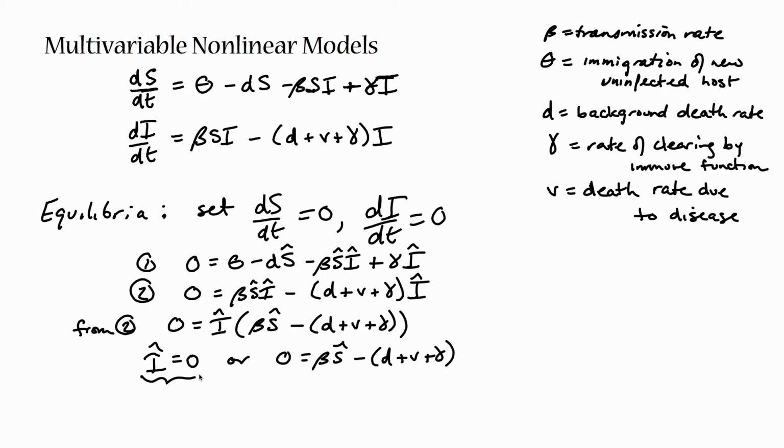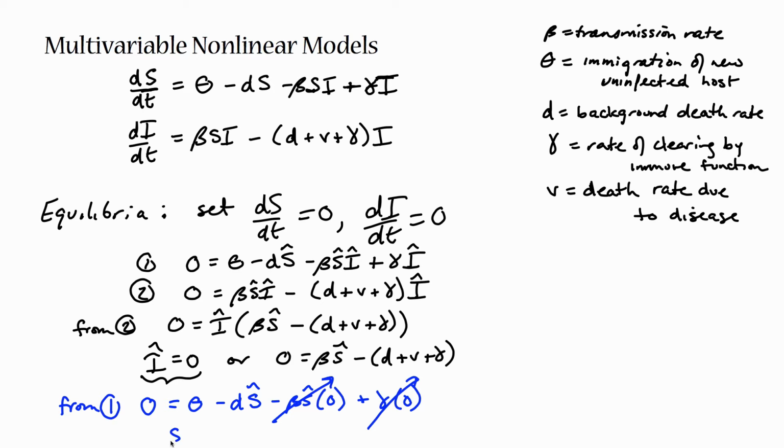Let's look at this one. When I hat is equal to 0, what's S hat? So let's plug that back into 1. So from equation 1, we've got 0 is equal to theta minus dS hat minus beta S hat I hat, and I hat we decided was 0, plus gamma also times 0. So these two terms go away, which leaves us with theta minus dS hat equals 0, which means S hat is going to be theta over d. So we've got one equilibrium point,